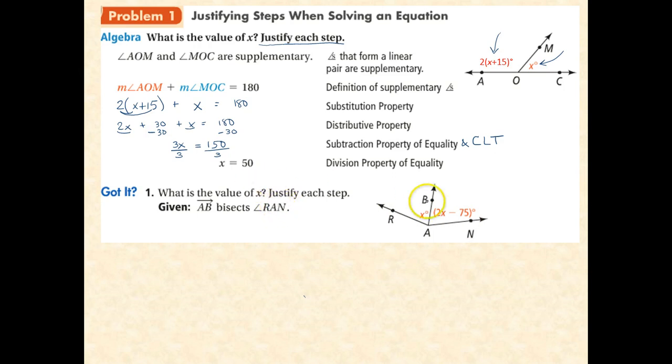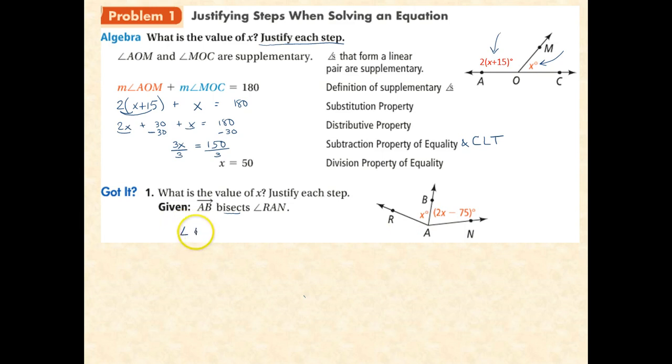Okay, so we are given that ray AB bisects angle RAN. All right. So what does that mean? You may recall that the definition of an angle bisector is this ray or segment that divides an angle into two congruent angles. So we know that